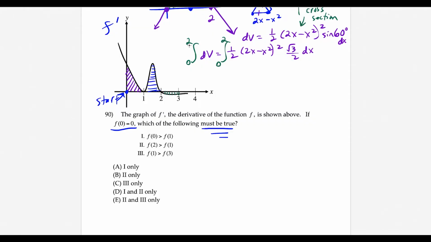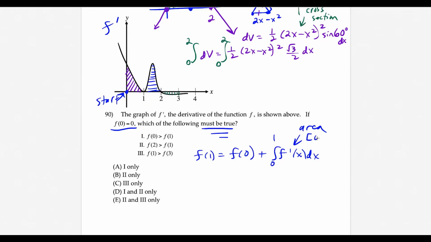So what we know by this, so we're looking at f of 0 is greater than f of 1 first. For these Roman numeral questions, you really just got to go through them one by one and see which of them are true and which are false. So f of 0 and f of 1. Well, f of 1 is going to be equal to f of 0 plus the integral from 0 to 1 of f prime of x dx. This represents the area